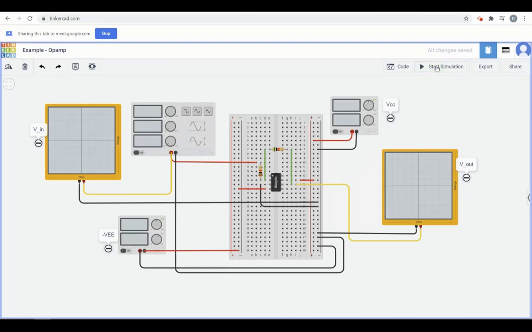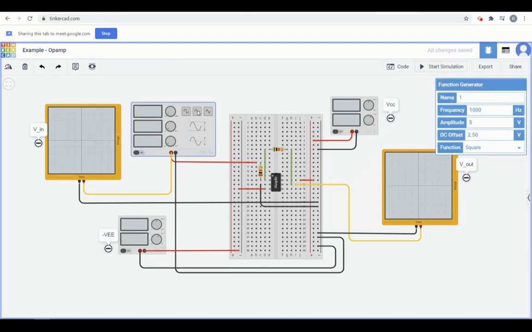This is where, before starting simulation, I had to select the input waveform, right? So let me just say I'm choosing a sinusoidal input function generator. I'm naming it Vin. Frequency is say 100 hertz, just for example. Input amplitude is 5 volt. Okay, let me make the input amplitude say 0.05 volt, just for example. And I want no offset, so 0 offset, and I need the function to be sinusoidal.